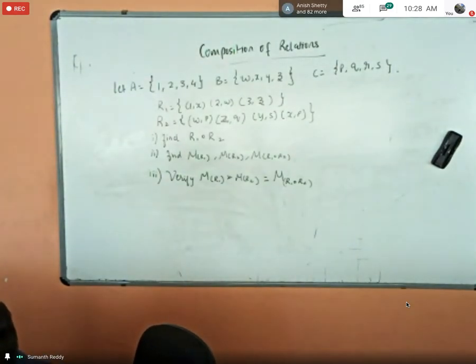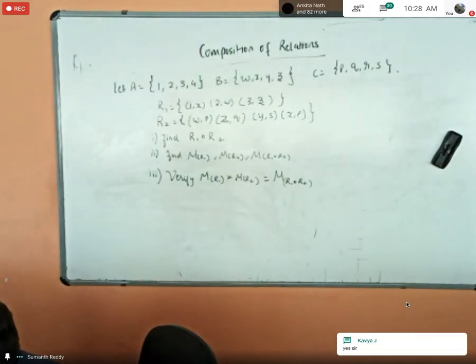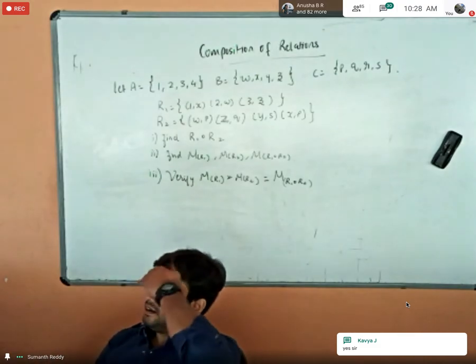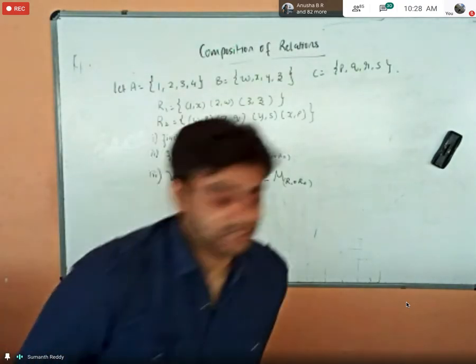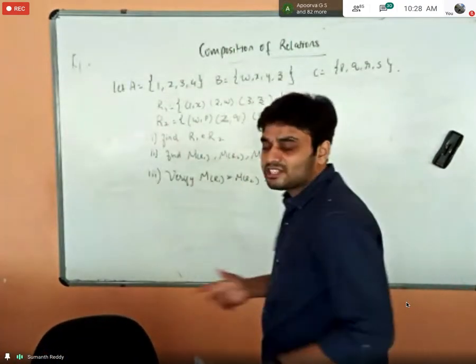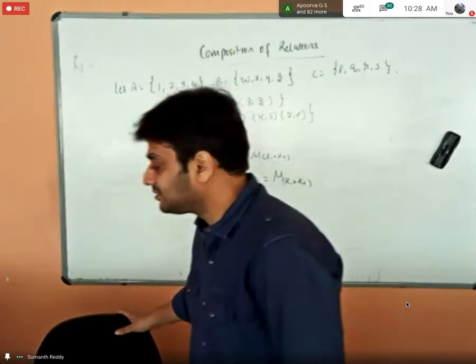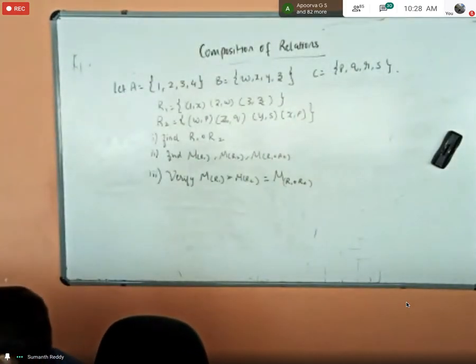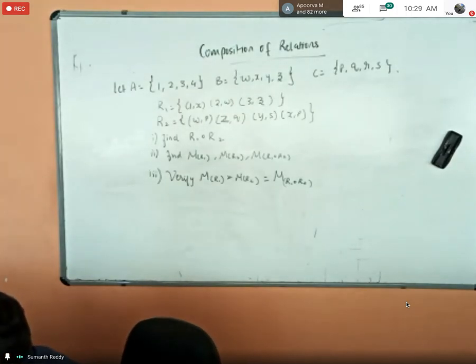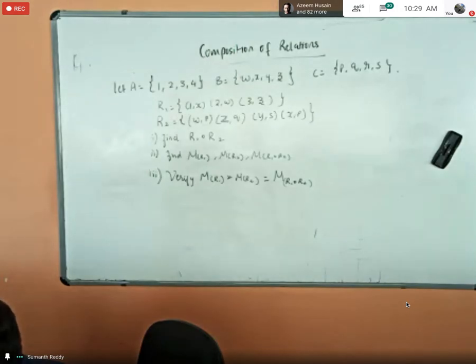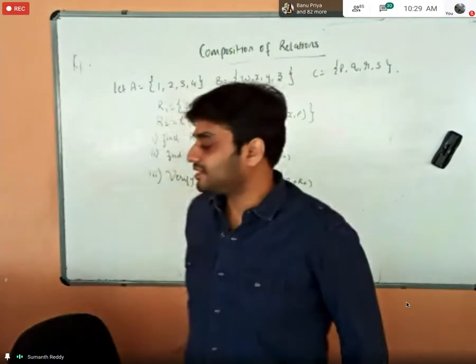Okay, students, I'm just asking you. Have you verified that the matrix of R1 and R2 multiplication is the same as the matrix of R1 composition of R2? Is it the same? Okay, very good. Those who have not solved it, should I solve this problem? I think you can solve it, right? Should I solve it, students? Can I go to the next topic? Okay, you're not texting anything. I'll solve it.